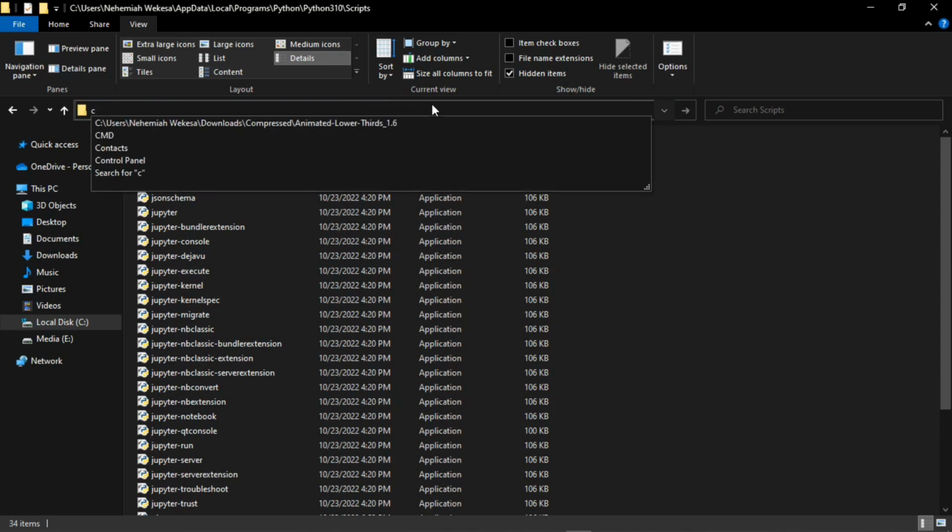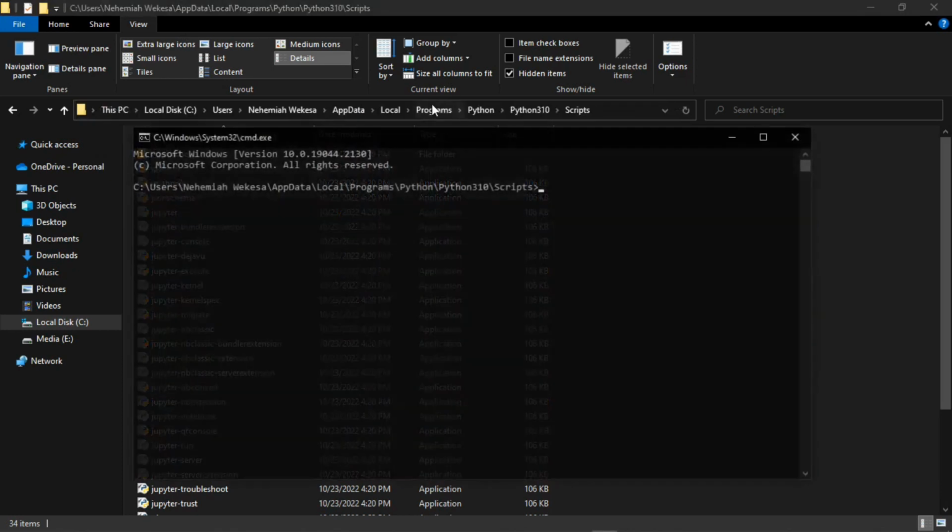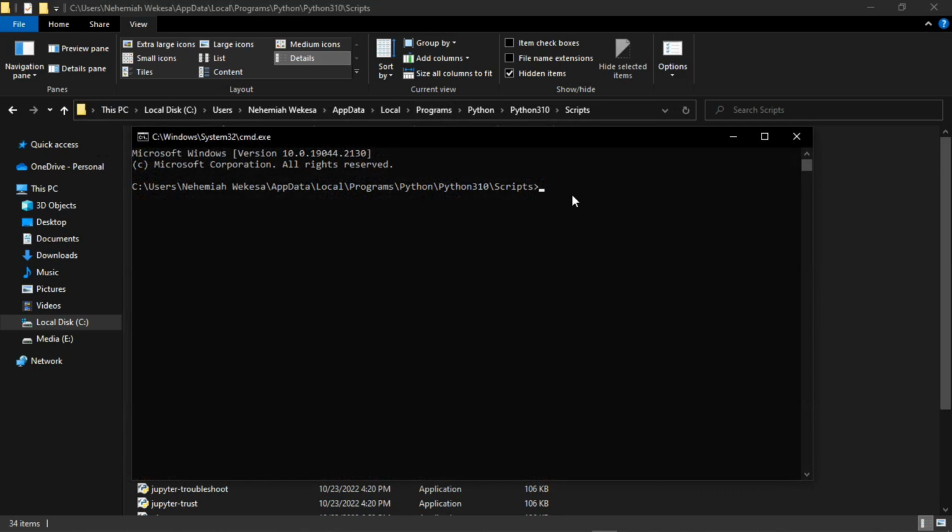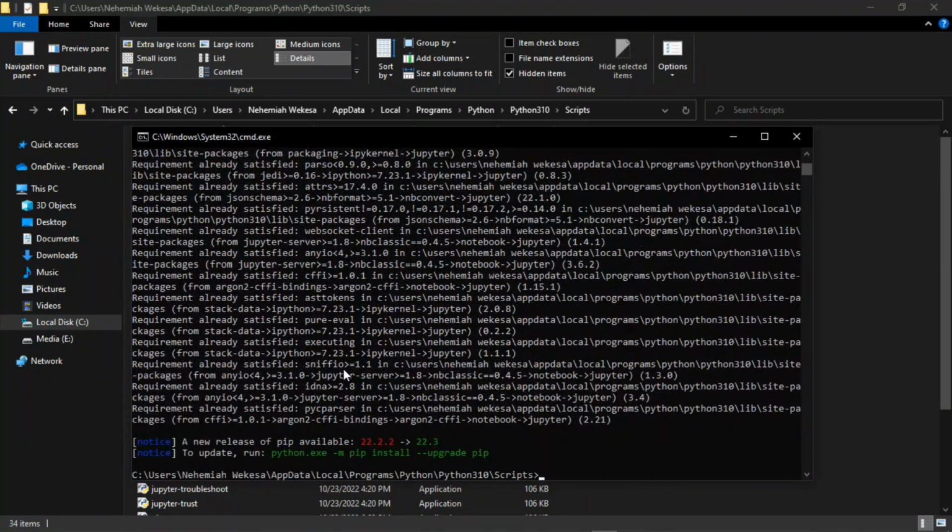then just type CMD, and then I click enter, and then now here just type pip install, that is, we are installing Jupyter, right? So just say pip install jupyter. That is the notebook that we'll be using, Jupyter. Just pip install jupyter, then I click enter, and then guys, I give it time to install, and then guys, you can see that we have just installed the